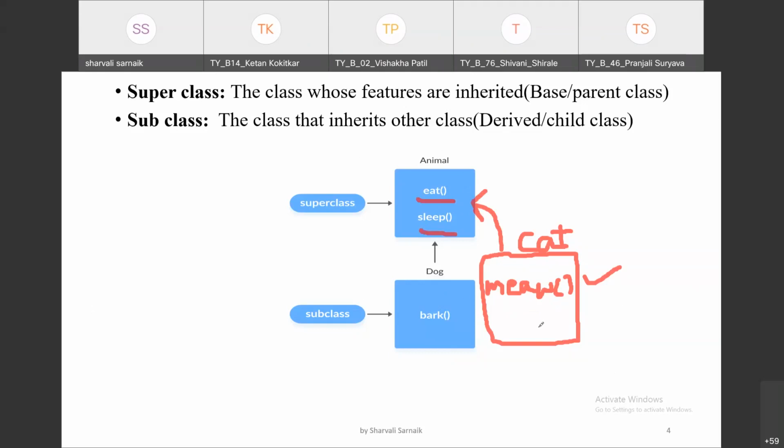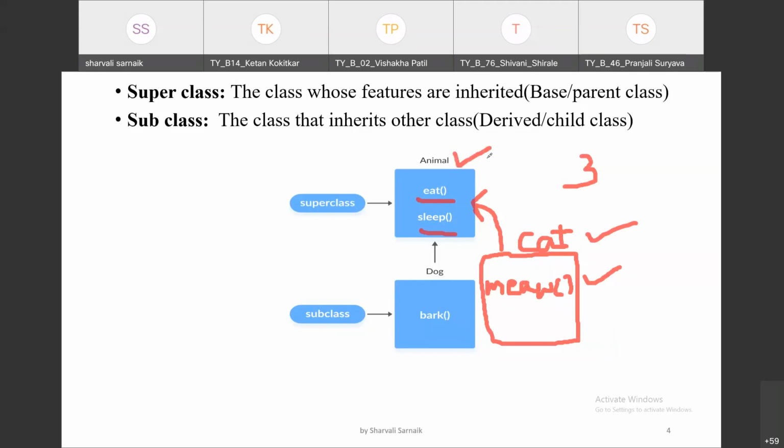So in total, how many features will now be in the cat class? There will be three features. One is meow and the other two are eat and sleep, which are inherited from the animal class. So there will be three methods or three features in the class called cat. This is the concept of inheritance. Now this cat class we call a subclass, derived class or child class.